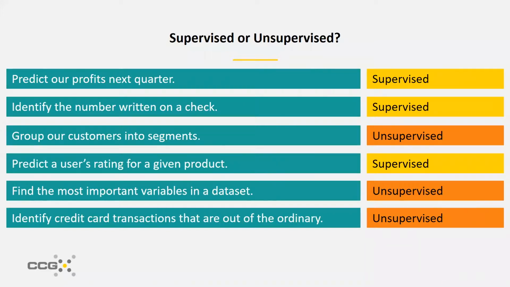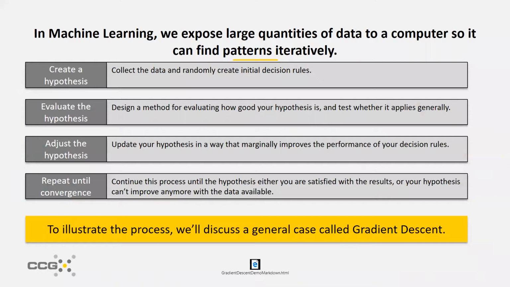So the machine learning process, regardless of whether you're doing supervised or unsupervised learning, can essentially be boiled down to 4 steps. There are tons of algorithms out there. They all essentially do these 4 things. You create a hypothesis. Typically that hypothesis is either random or you start with whatever people have been doing in the past. So however you've historically predicted your sales, you start with that as your hypothesis.